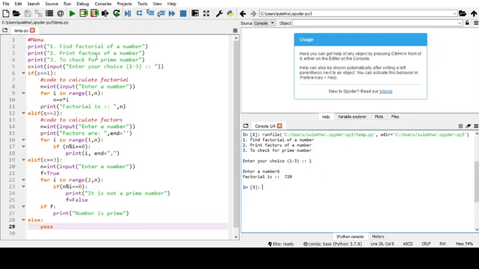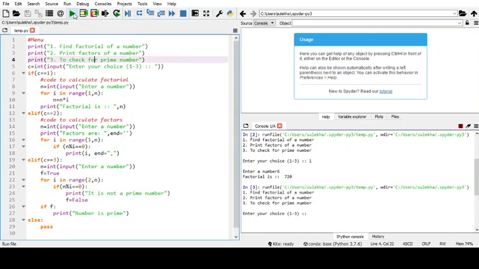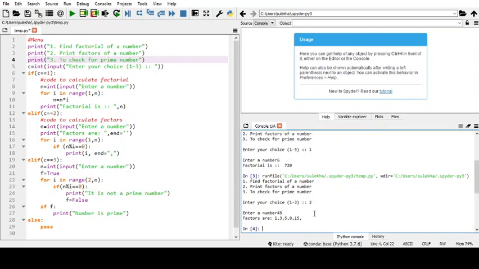Now again if I run the same program, this time my choice is 2. Now I have entered a number, let's say 45. So the factors are 1, 3, 5, 9 and 15.